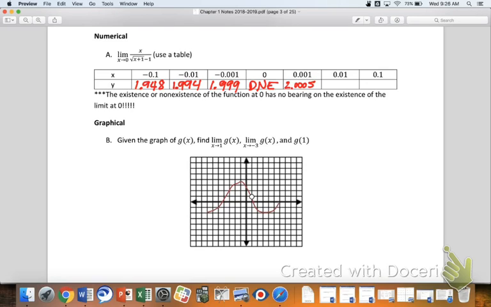Starting to see the pattern take shape here? Can you see the doorway to go along with my analogy? How about that 0.01? Heather, right? What is it? 2.05. Just kind of like the other one. Okay. And anybody have 0.1? 2.049. Okay. So we can't say for sure here, but looking at the pattern of behavior of the y values,